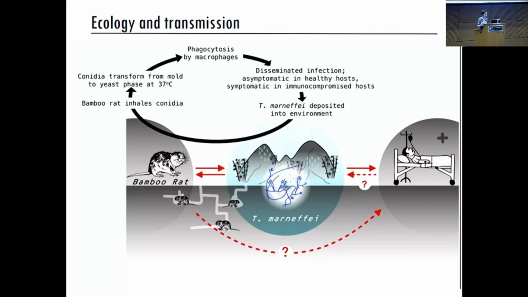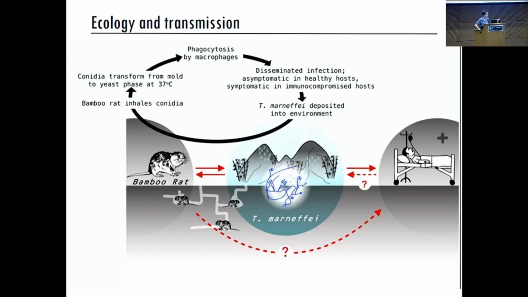They actually colonize bamboo rats in the liver and lung, and the bamboo rats are healthy and running around. But then they shed the pathogen in the stool, and when the bamboo rat dies, it serves as the food source for the fungus. In humans, you get infected because we travel through the regions and inhale the spores in